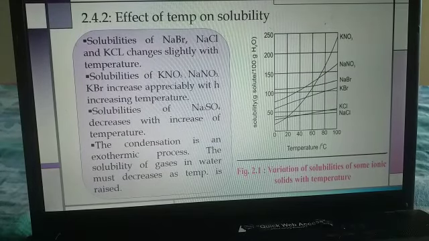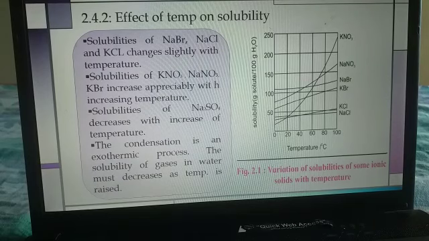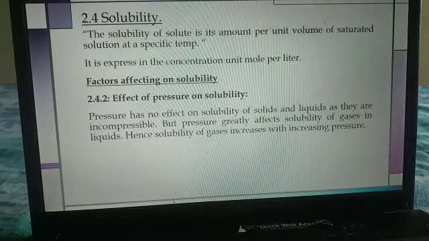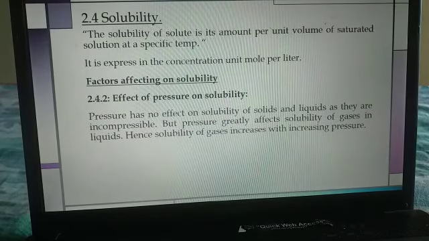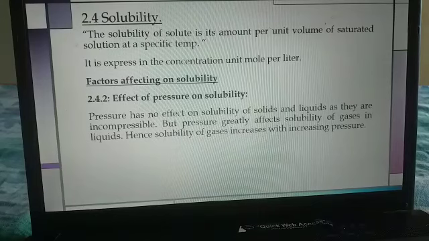Similarly, pure sodium chloride can be crystallized out from the solution of a mixture of NaCl and NaBr at 0 degree centigrade. This technique is useful if the substance is highly soluble at higher temperature and its solubility is poor at lower temperature. So, we go to the next factor affecting solubility, that is the effect of pressure.